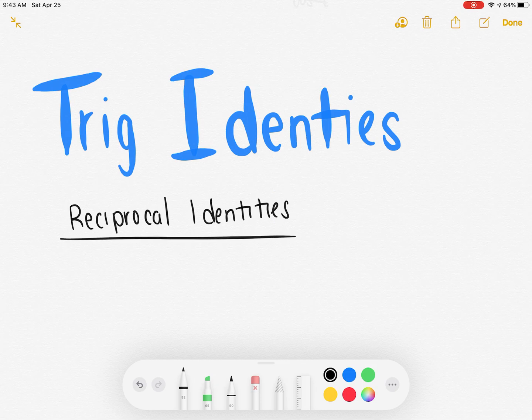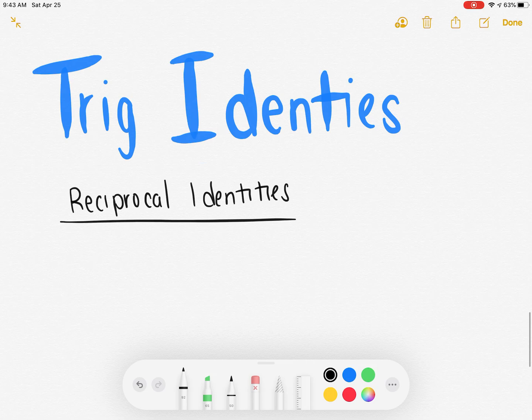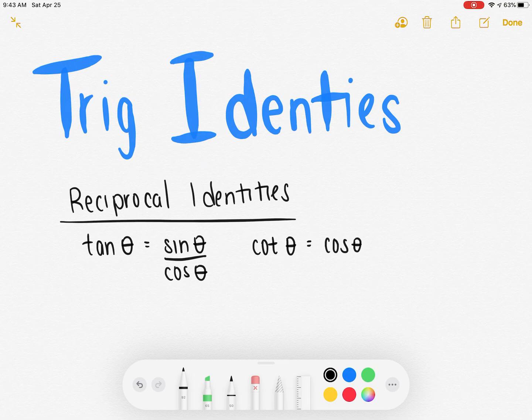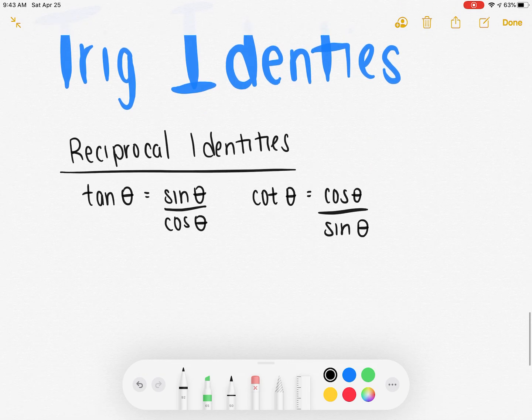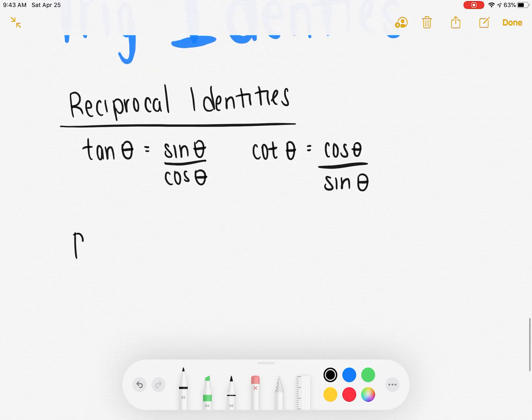In order to do this, you will need to know or remember that tangent of theta is the same thing as sine theta over cosine theta. You will also need to remember that cotangent theta is cosine over sine. You're going to need one Pythagorean identity,